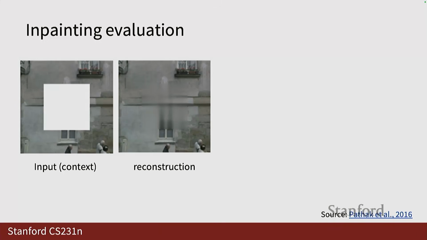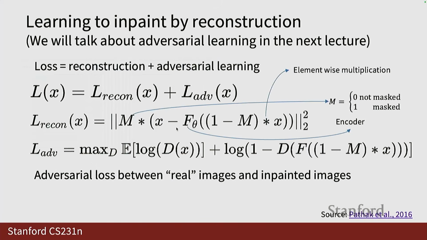Earlier reconstruction-based frameworks were actually creating a lot of fuzzy and very smooth outputs, and that's why this paper that I'm referring to here was using an additional adversarial objective function,